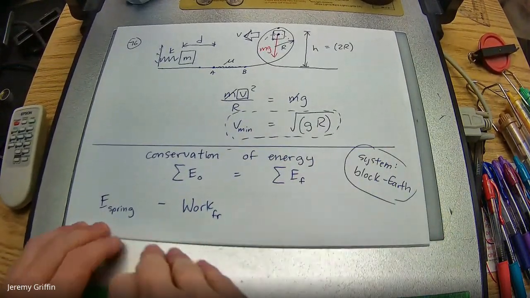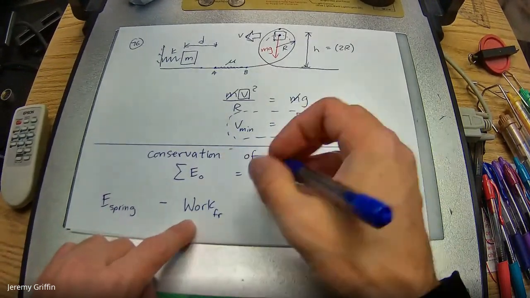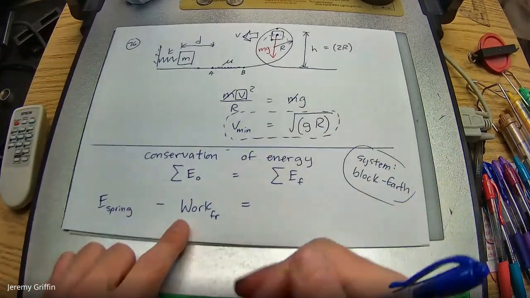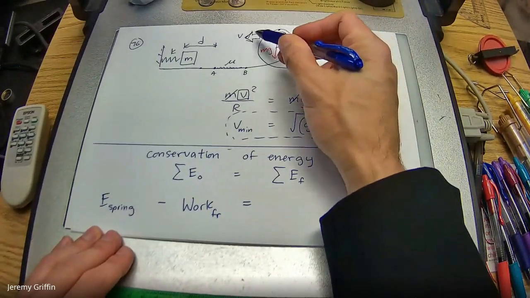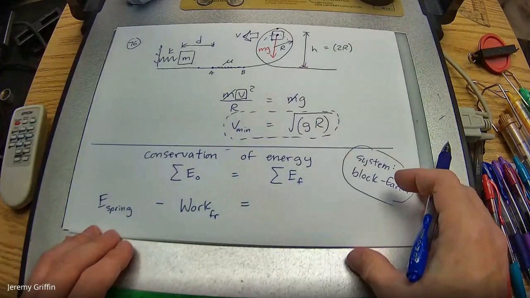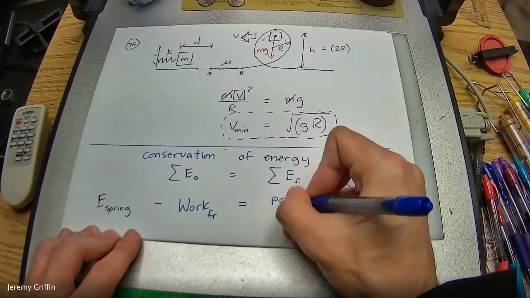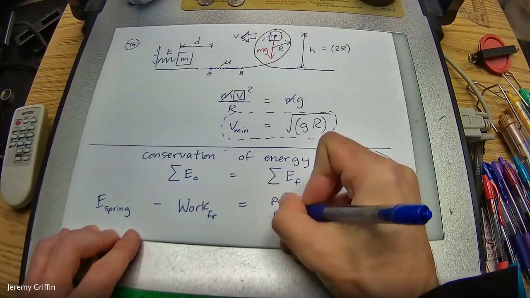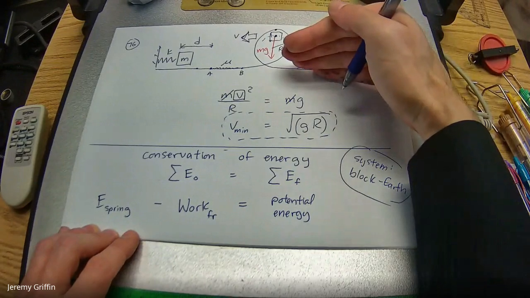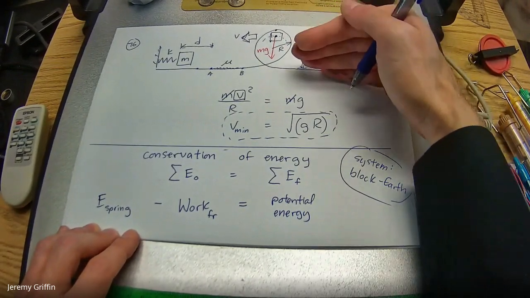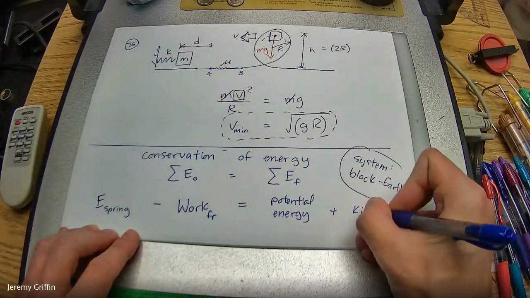So you start off with all the energy in the spring. A little bit is going to seep out because of the work done by friction, and you'll be left with some energy over. Now that leftover energy better carry the block around this loop, right? Now here's where energy can take different forms. There's what's called potential energy. That's like energy of height. The higher the block goes, the more energy that's going into energy of height. And I'll say plus kinetic energy.